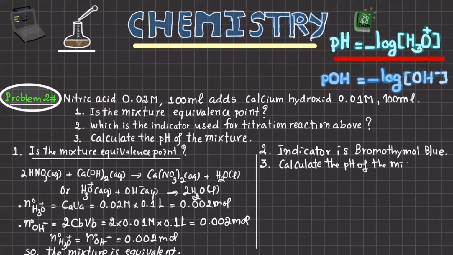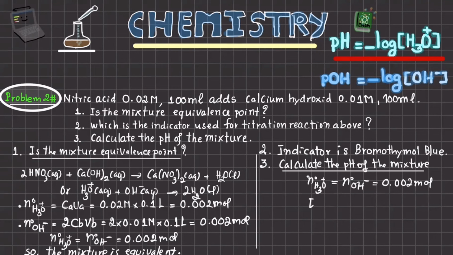Because the moles of hydronium ion equal the moles of hydroxide ion, equal 0.002 mole,